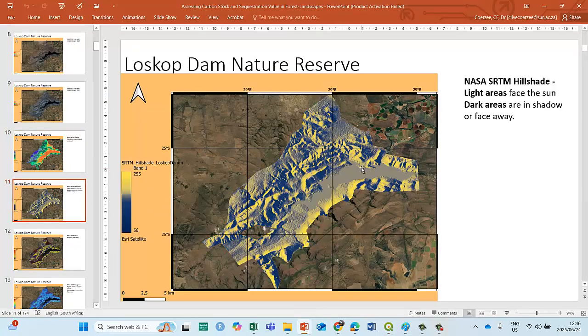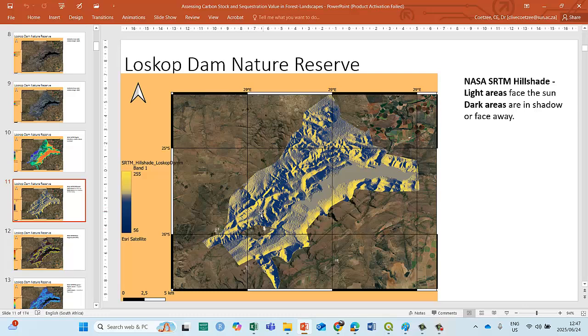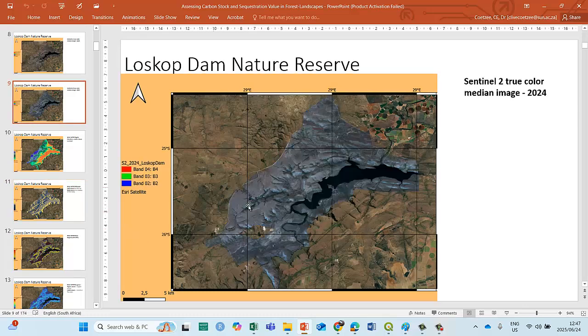This is the hillside. Now the hillside face: light areas face the sun, and dark areas are in the shadow. So this is important because now if we look, for example, at that area in the shade, it's much greener.